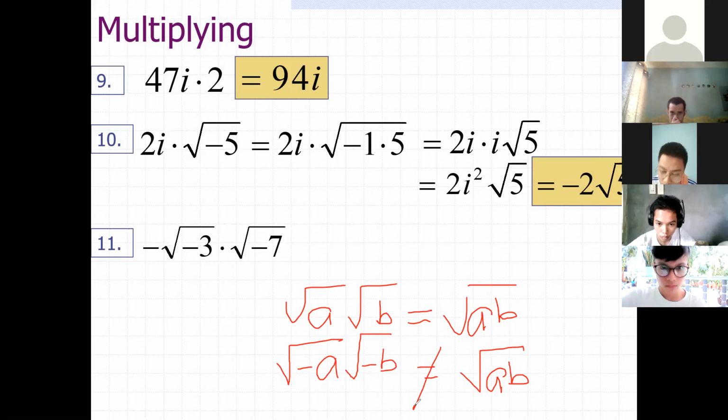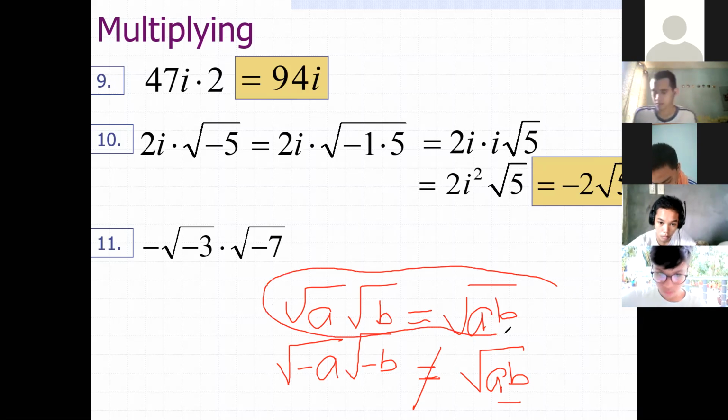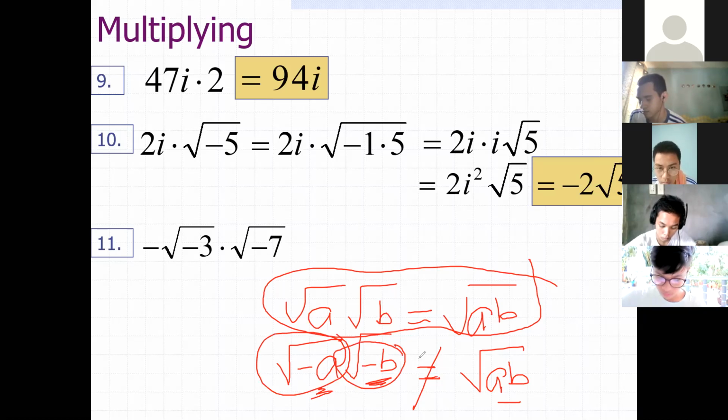There's no such thing, which means that you cannot just simplify this expression as the square root of positive 21. Again, the square root of negative numbers, if multiplied, won't simply become a positive value. It seems to follow the properties of radicals, but if it is a complex solution, then it can't be done. You have to simplify these values before you can apply the property of radicals.